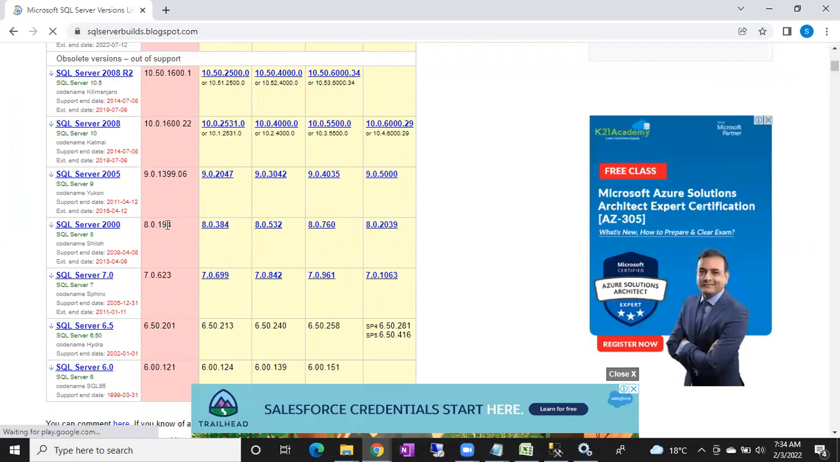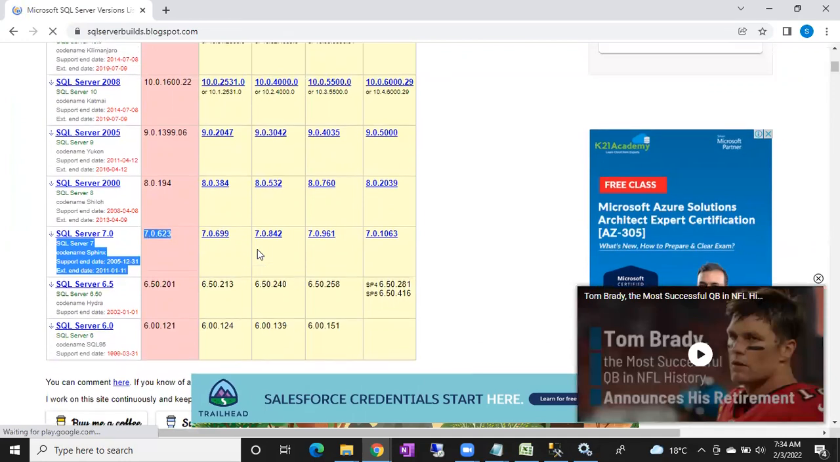See here. This is the RTM build number, guys. And on top of the RTM,